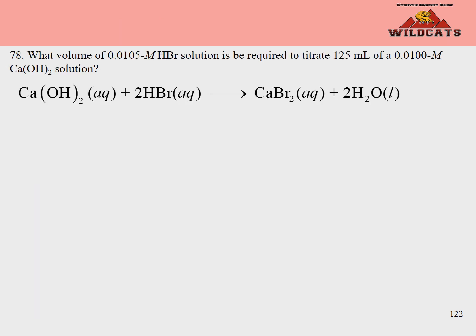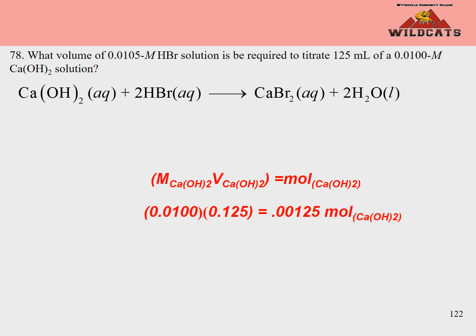Okay, so problem number 70 at the end of the chapter says we want to know the volume of HBr. So we're told we're starting out with 125 milliliters of a 0.0100 molar calcium hydroxide solution. So we're going to take M times V of the calcium hydroxide because we're given the molarity and the volume. We're going to convert that 125 milliliters to 0.125 liters. We're going to take the moles of calcium hydroxide and convert it to moles of HBr